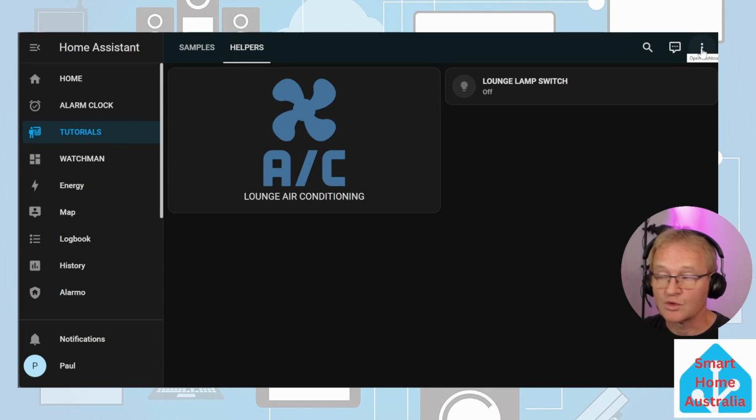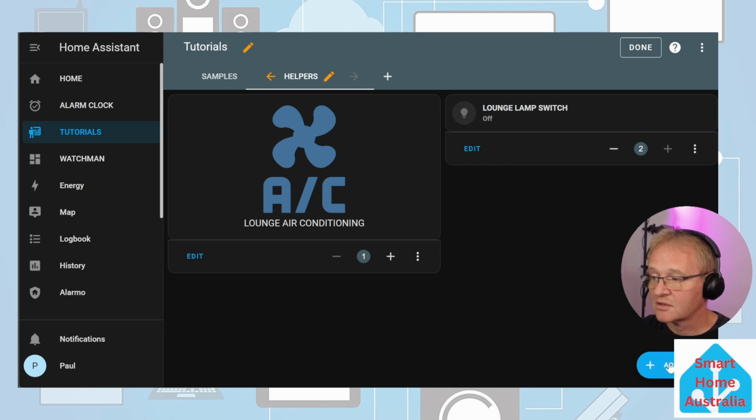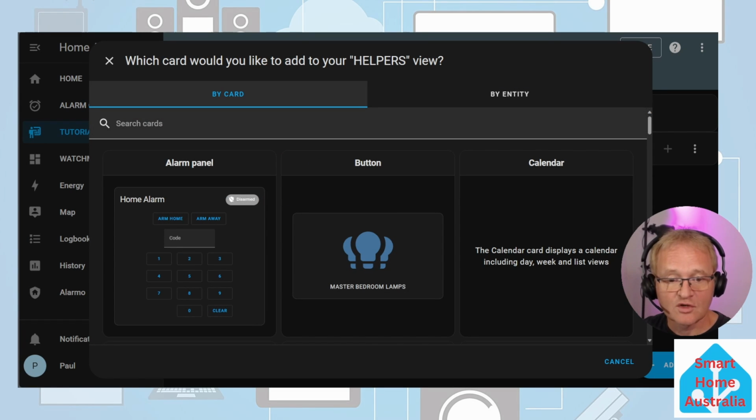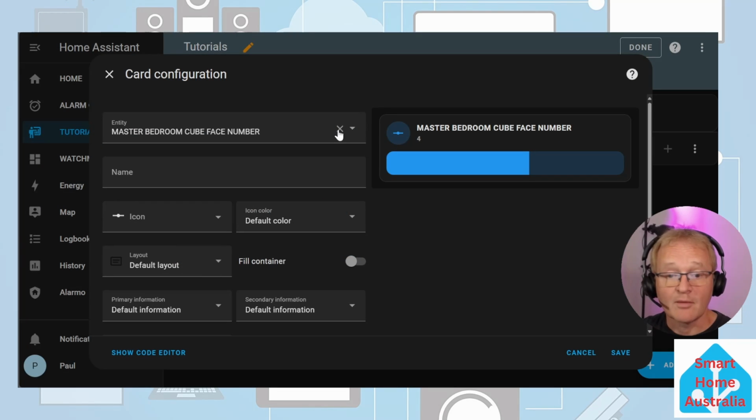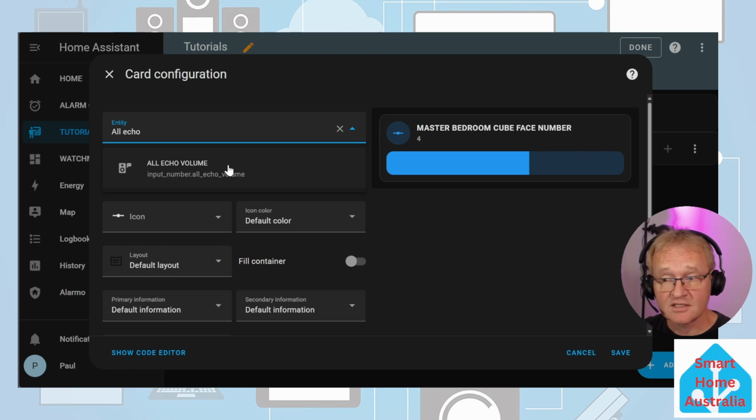Go back to the dashboard and press the three dots in the top right hand corner. Edit the dashboard, add a card. We're going to use a card called a mushroom number card. If you don't have the mushroom cards, go and watch the video on the Hacks integrations. Select this card. Now put in the entity that we created before, the all echo volume, and select the all